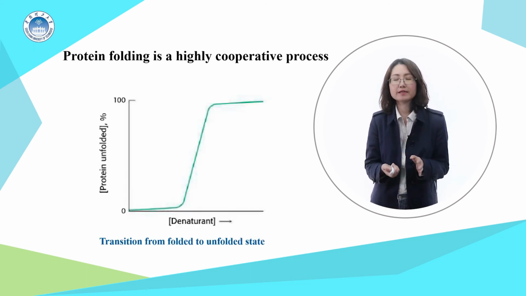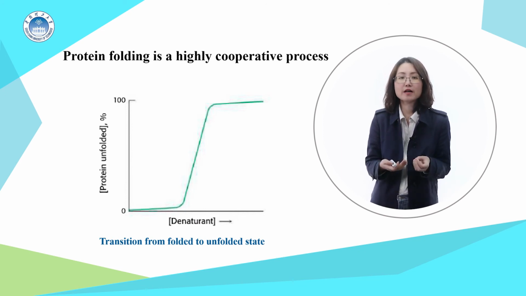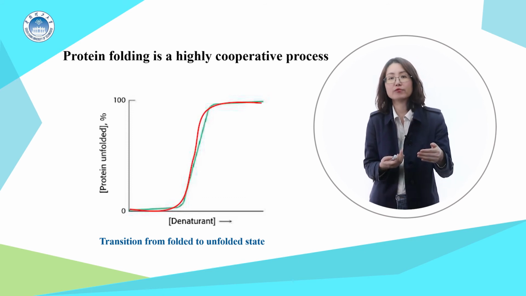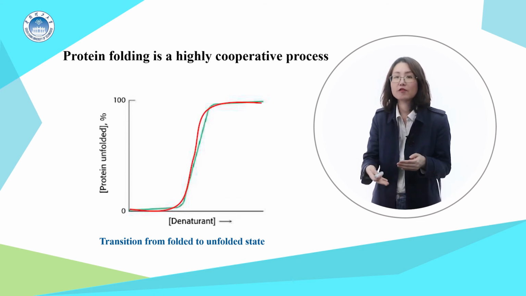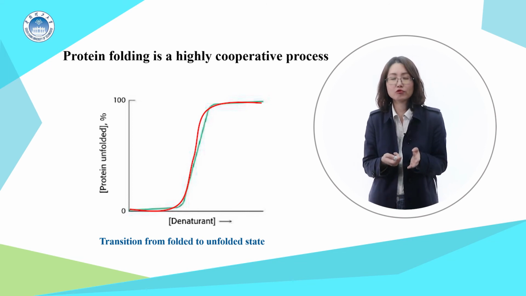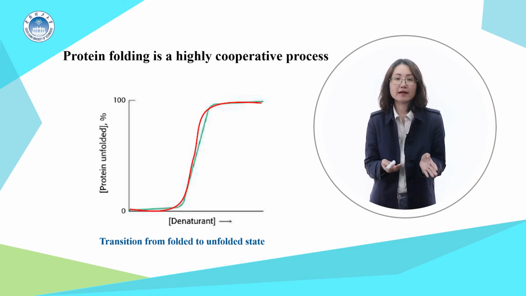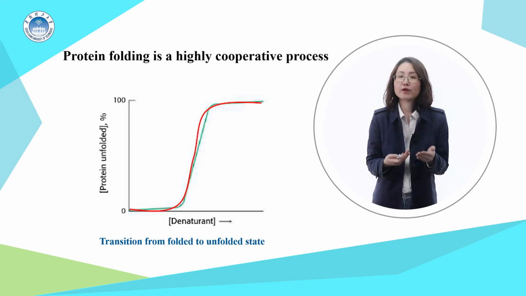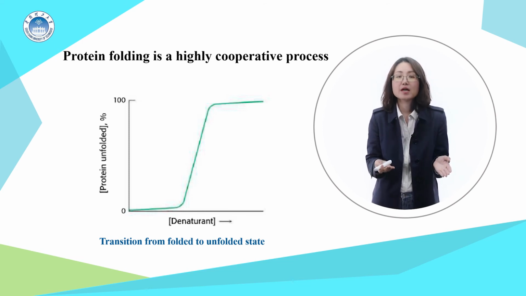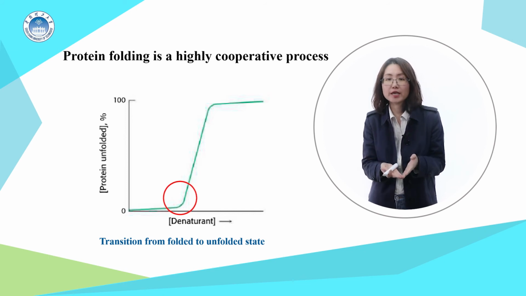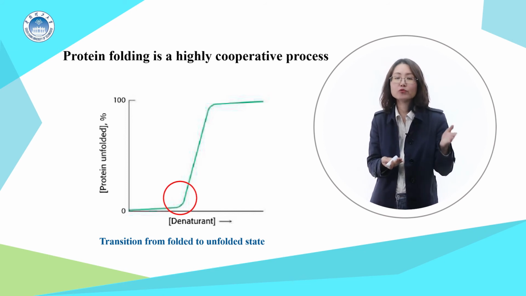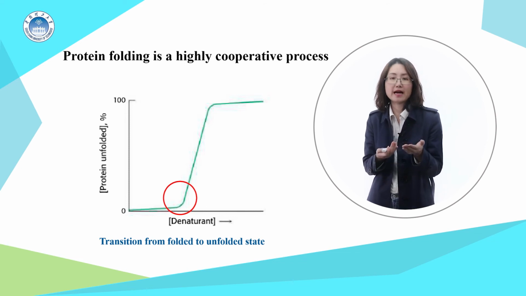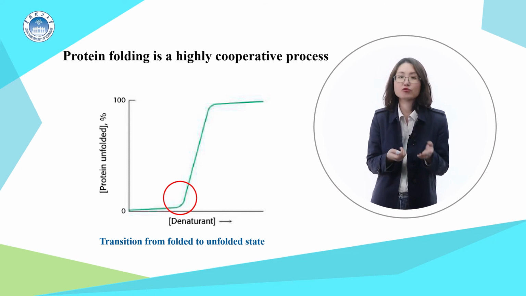For many proteins, a comparison of the degree of unfolding as the concentration of denaturant increases revealed a sharp transition from the folded or native form to the unfolded or denatured form, suggesting that only these two conformational states are present to any significant extent. The sharp transition seen in this figure shows that protein folding and unfolding is an all or none process that results from a